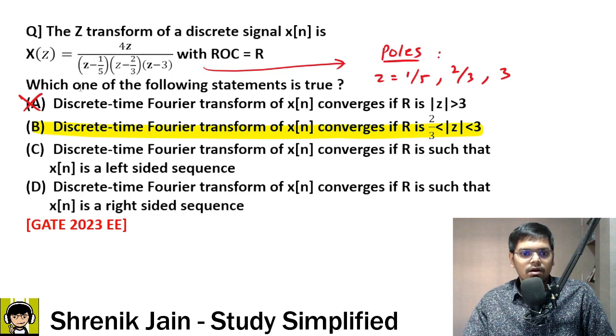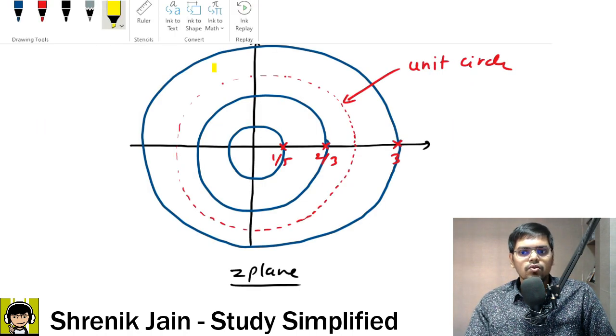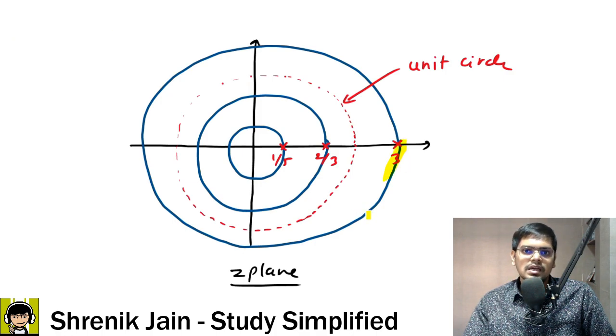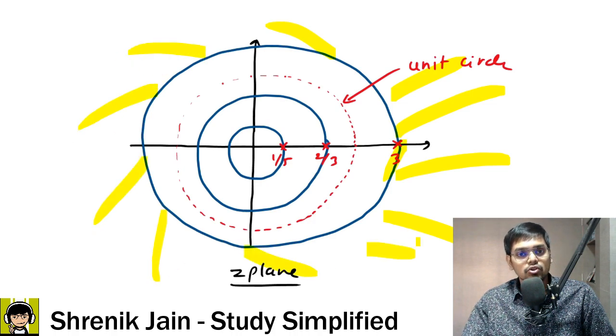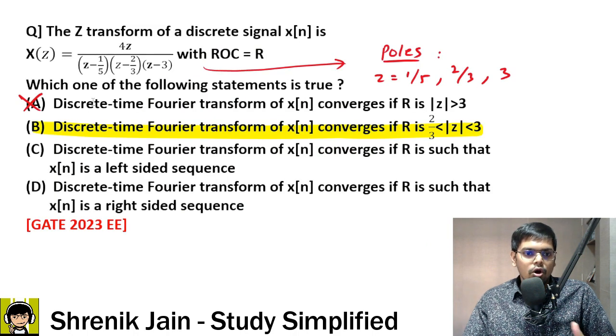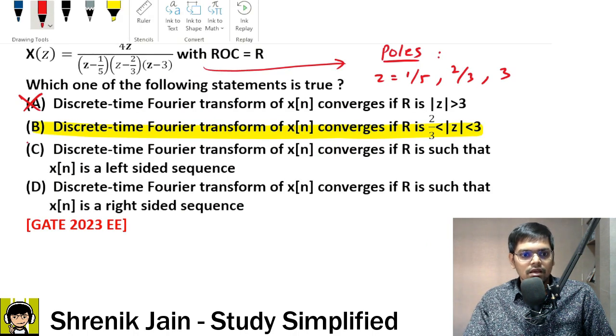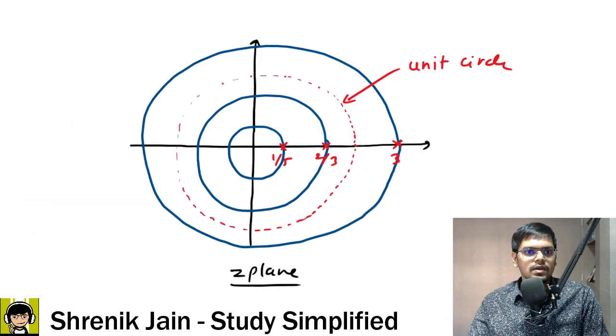And what about the right-sided sequence, sir? In the right-sided sequence, again we have the greater case. So again you can choose |z| greater than 3. |z| greater than 3 is that region where the unit circle is not included, hence there is no region of convergence. We can comment that options C and D are the wrong options because they are not including the unit circle. These regions are not covering the unit circle. Only B was covering the unit circle, and hence we are saying that